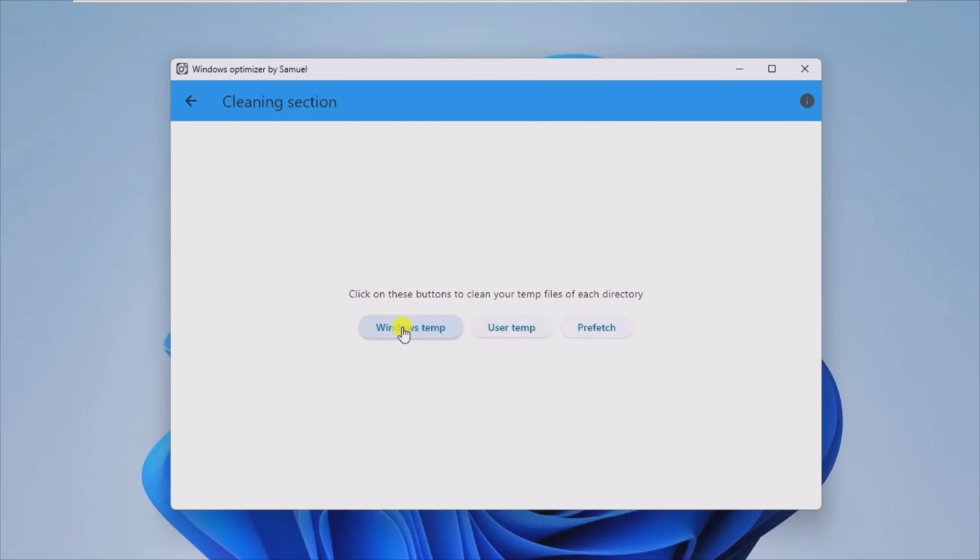Flet Windows Optimizer provides a simple and direct way to clean up temporary files on your PC, and I recommend